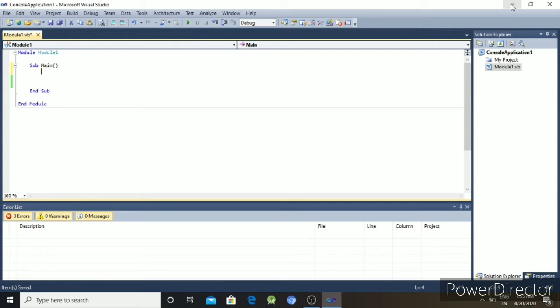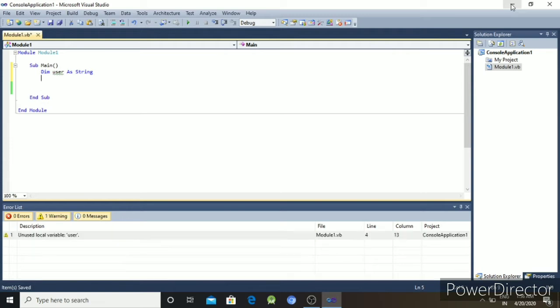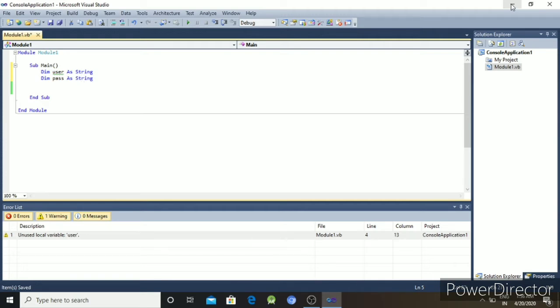So I will declare the username, Dim user as String, and Dim pass as String.